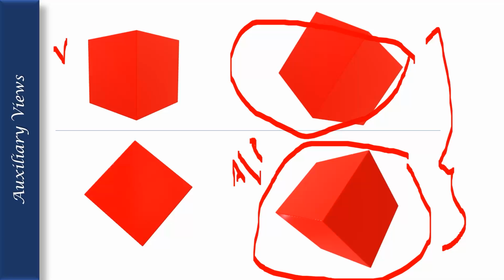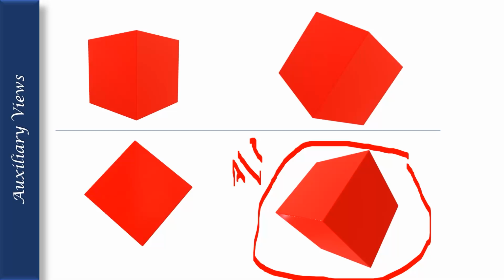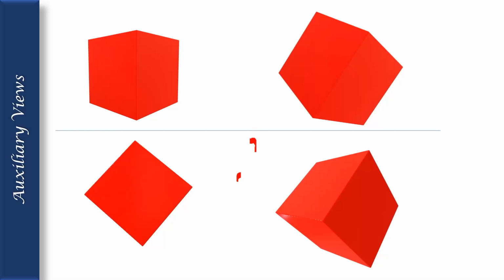Okay, so this will be the top view or horizontal plane, this will be the front view or vertical plane, and same like this is the auxiliary inclined plane. Got it? So I think you have some good idea. Now I'm going to rotate the shapes. Just look at it, you can get an idea to draw how the shapes are rotated and fixed.